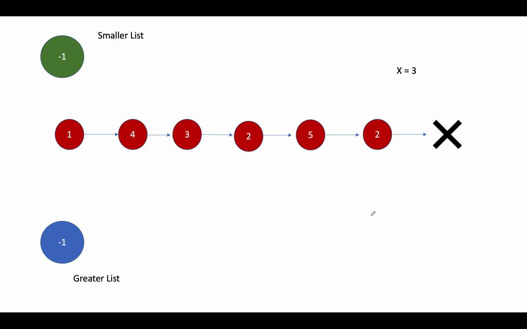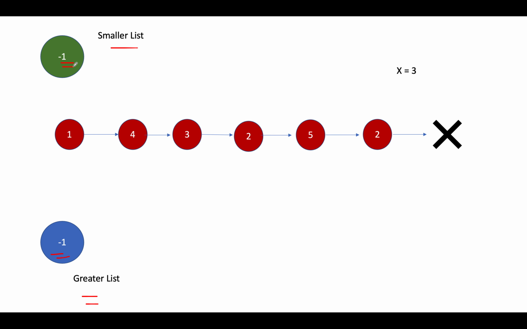The first thing that comes to my mind when I read this question is that it says you need to distribute the linked list into two parts, smaller and greater. That made me think the way to go should be a 2-pointer approach. What is the first thing that we do whenever we want to reorder a list? Define dummy nodes. Since we need to partition the list into two different lists, we'll define two dummy nodes, one for the smaller list and one for the greater list. And I've assigned -1 values to these nodes.